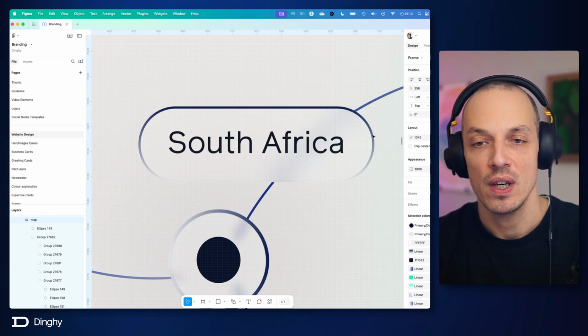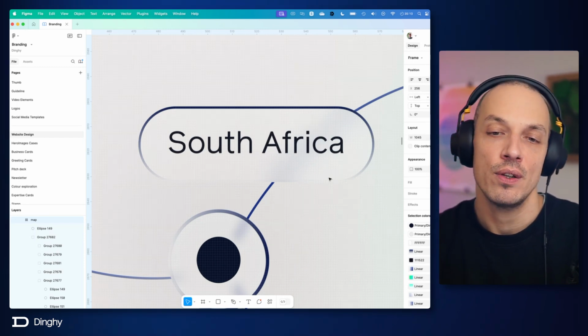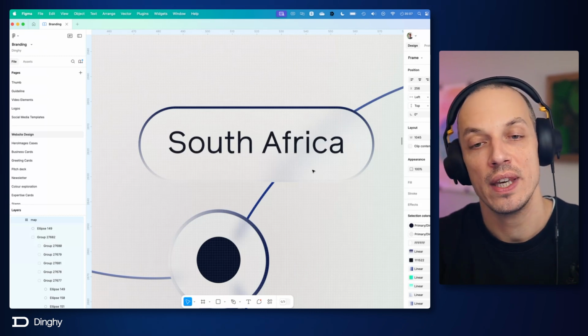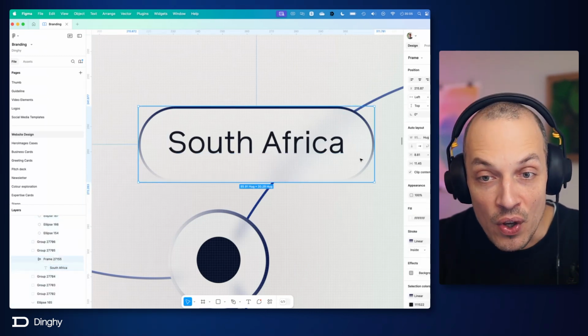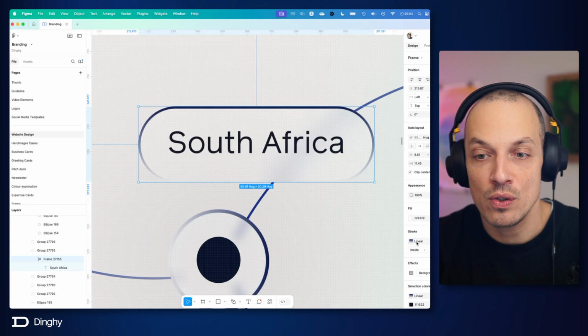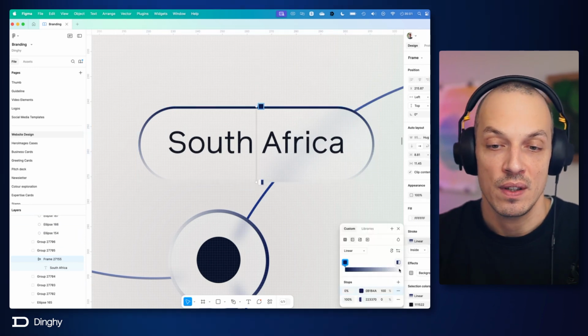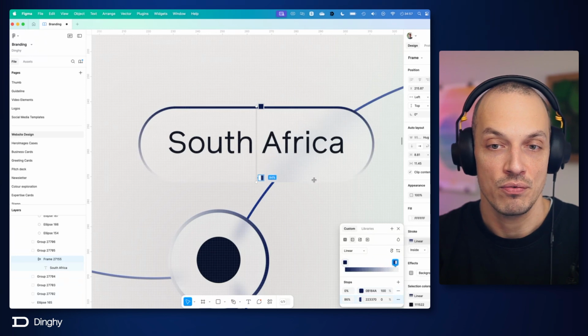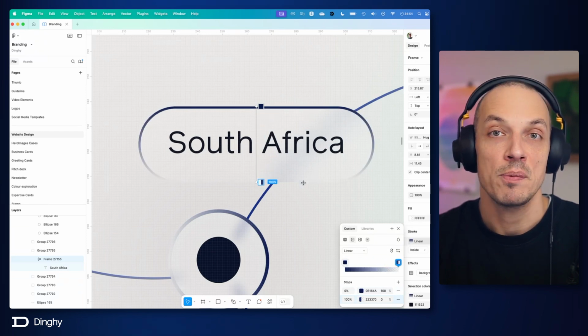All right, and then similar to the green circle, we have the blurry background on this box, and we also have the linear gradient going on, only that it's in a different direction, right? It goes from top to bottom here,